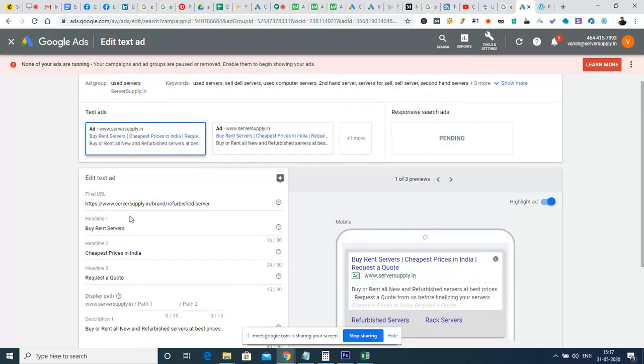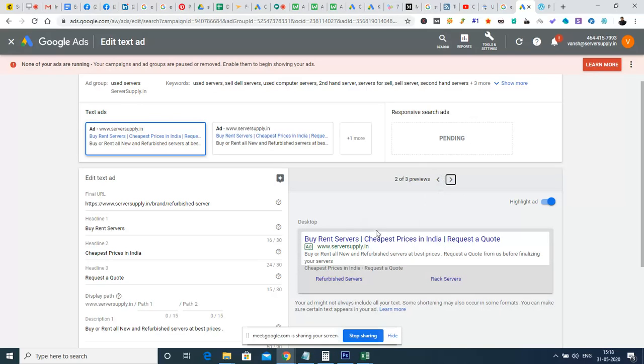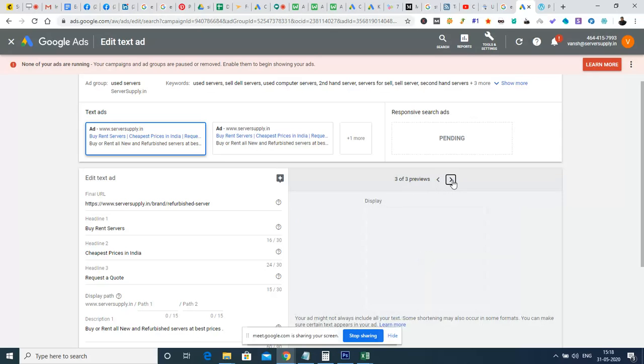Here we will manually configure the text ad, and we also have the option for creating a responsive ad. What we give here is the final URL, where a person has to land when they click. That URL will be here, and then headlines one, two, and three, which will be combined and shown for the search advertisements, displayed on mobile as well as on the system. This is how it will be shown on desktop, this is how it will be shown on mobile, and this is how it will be shown on display. So when we are running a display advertisement, this is how the advertisement will be shown to people when they are watching.